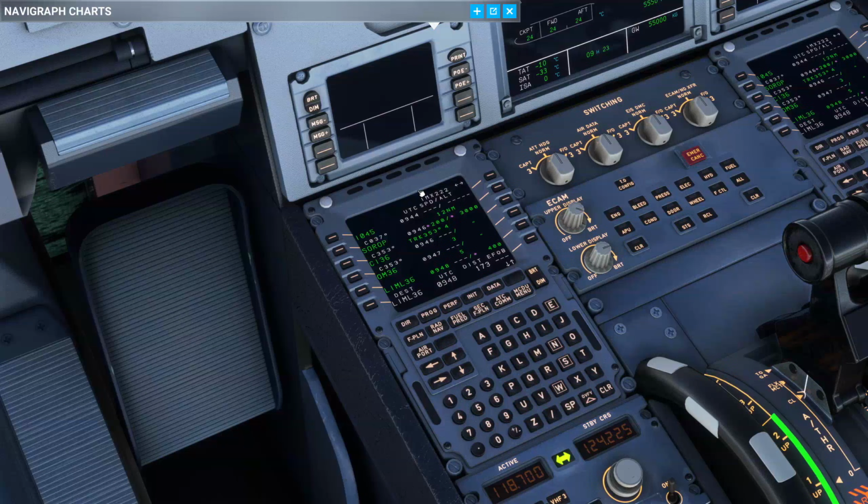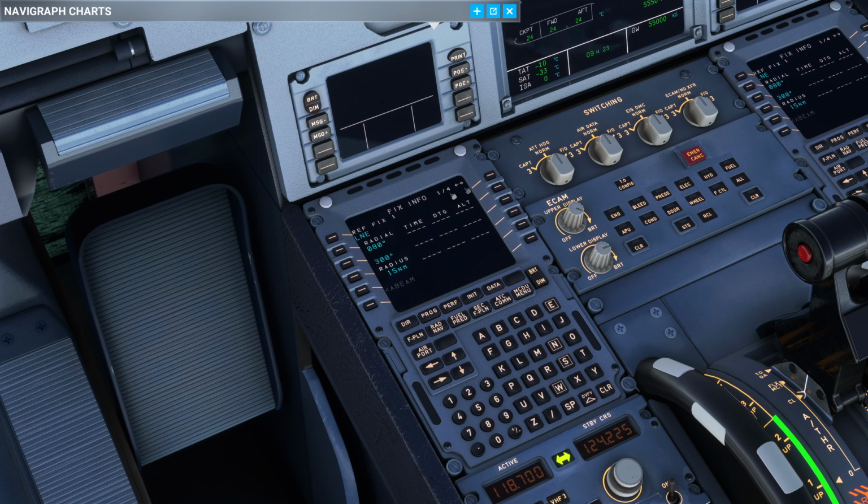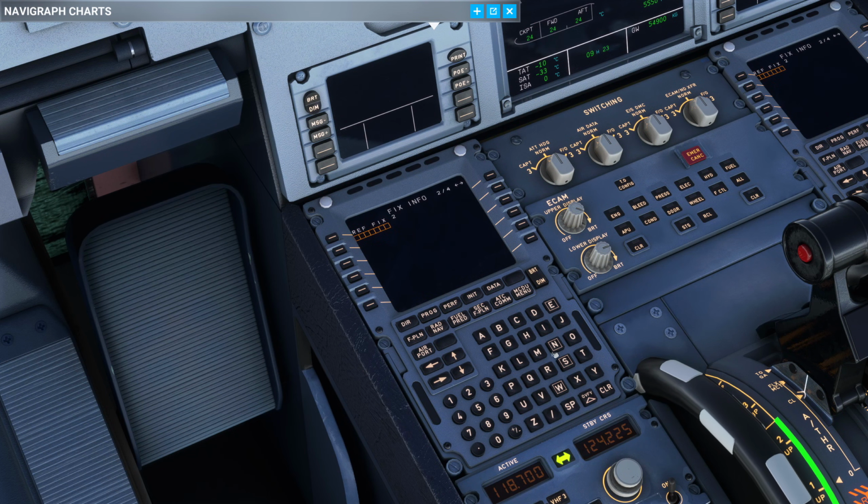Now this could be considered overcomplicating it, but this is another option. My point is, if you want to draw two circles, you can't do it on this fix info page. I've only got one option for the LNE, one circle, two radials, and that's accurate to the Airbus. That's how it is. But what you can do, just to cheat the system, is because you have 4 pages,